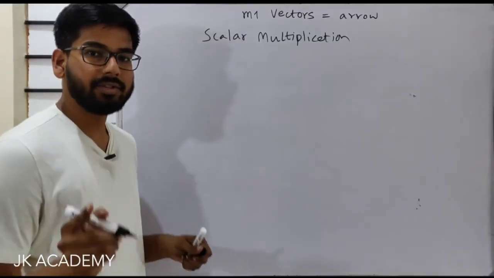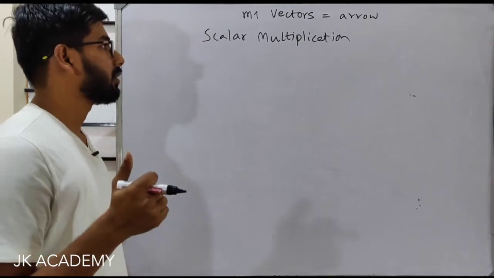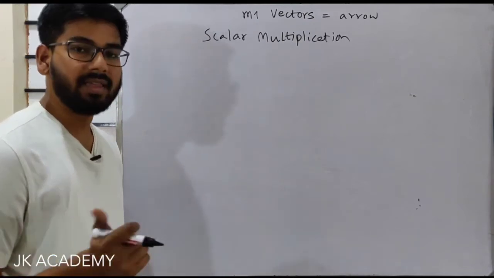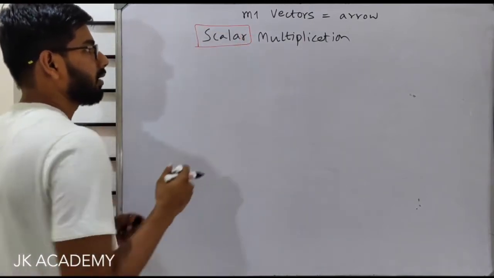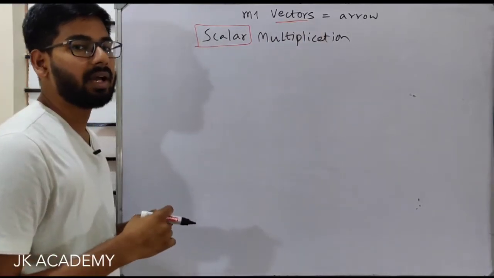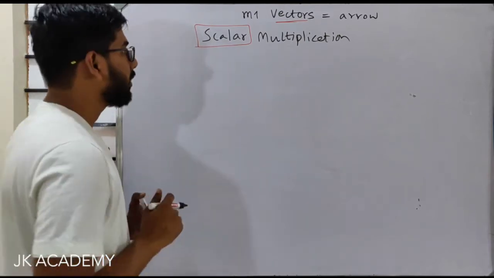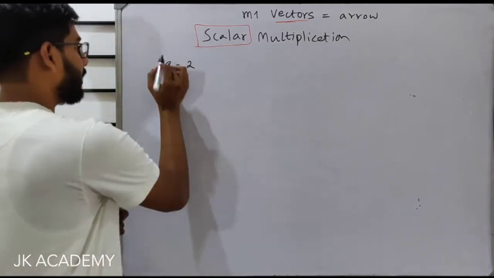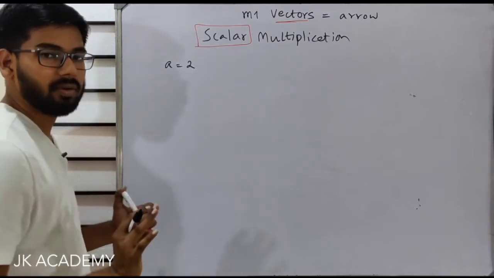Okay. So the next topic, after we can find magnitude and we can write vectors as an arrow, is scalar multiplication. What do you mean by a scalar? A vector, you know already, a bar is equal to 2i plus 3j plus k, something like that. It has i, j, k terms and it has a bar above. So scalar is just a number. a is equal to 2. There is no bar. There are no i, j, k terms. It's just a number. a is equal to 2.